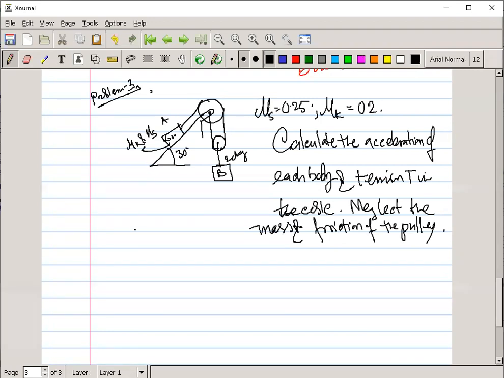As I told previously, like everyone, the first step is to draw the free body diagram. So in making the free body diagram, what is the procedure? Now the procedure is